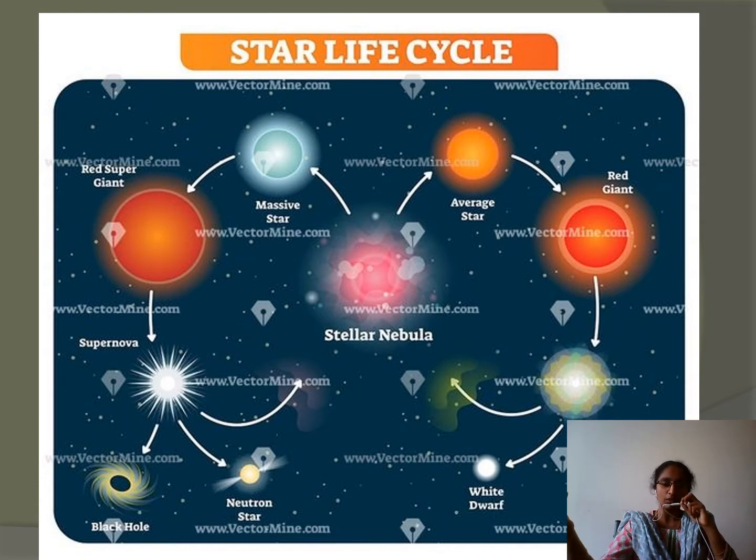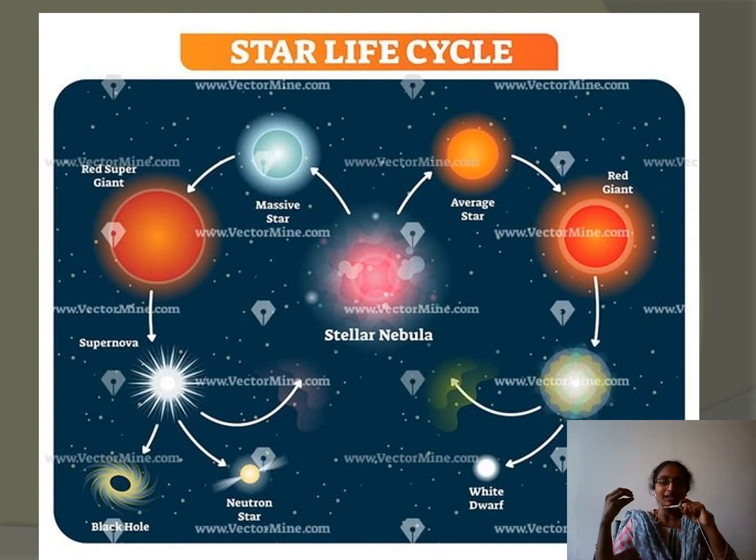Now if I have to explain the star life cycle in brief, here you can look at the diagram. If the mass is of average size, then more and more combustion happens, more and more hydrogen and helium are burnt, and that star becomes a red giant star, and we see it in a reddish color, like how anything you burn you see in the form of a flame of reddish or orangish colors. In the same way, here we will find a red giant star.